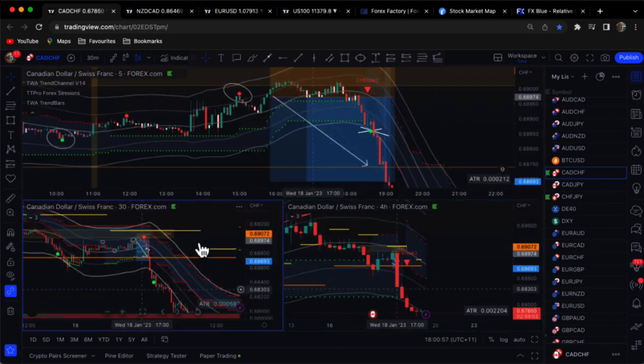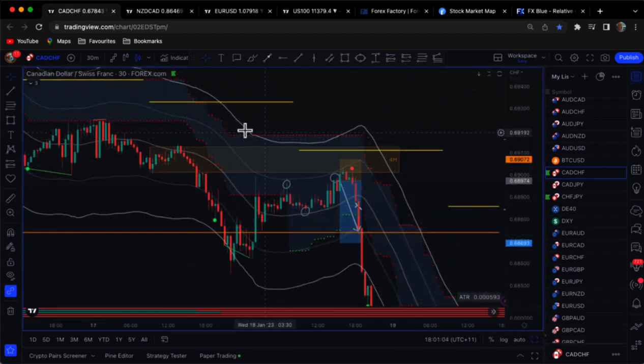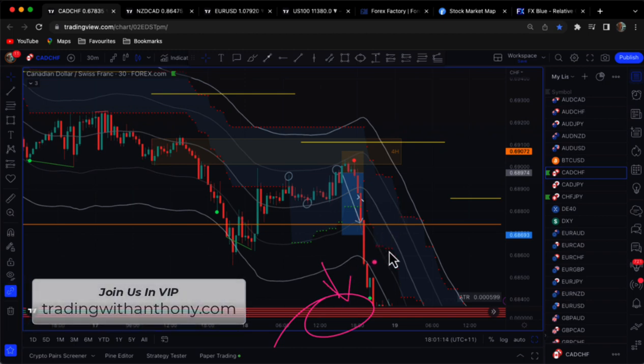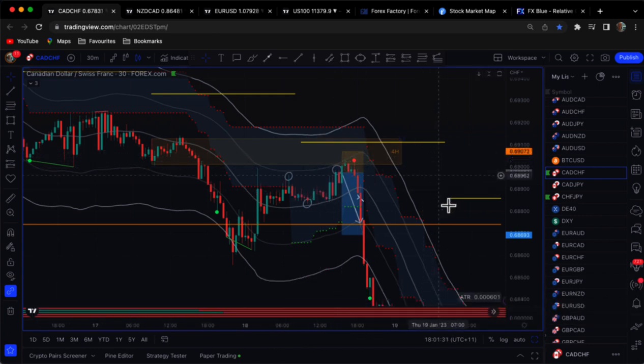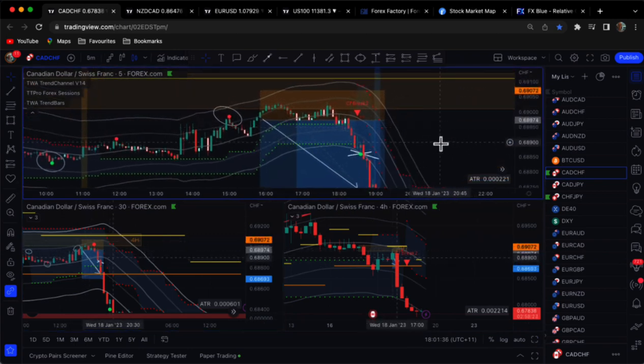The 30-minute was favorable. Here it is on the 30. Bearish. We can see that, and this pullback in here. This indicator down here, this is our multi-time frame indicator telling us that all time frames were bearish. So we're going with the trend. We've got this retrace and a red signal. This is a good setup. So I was pretty happy to see this and jump in here with a short,